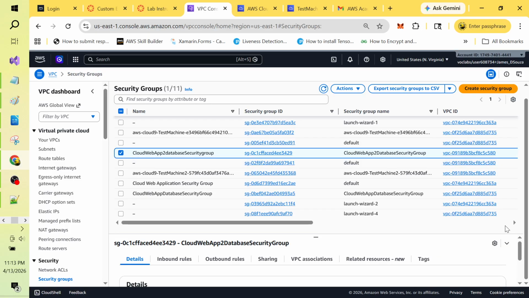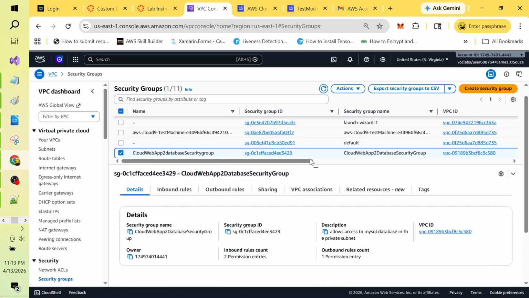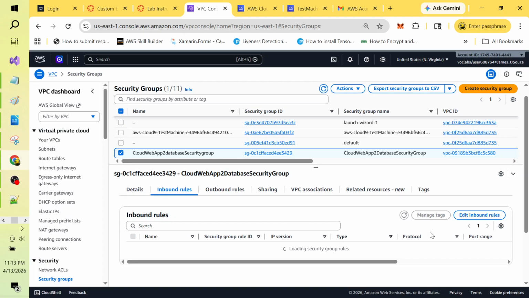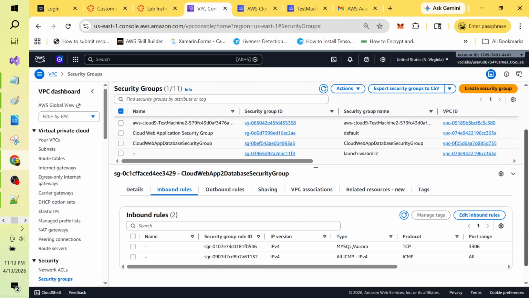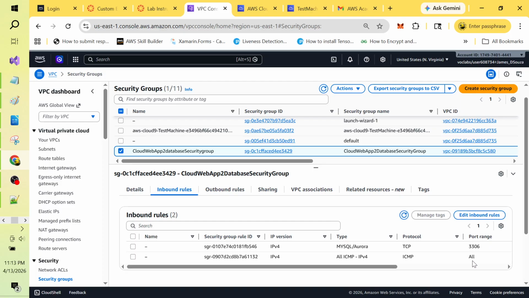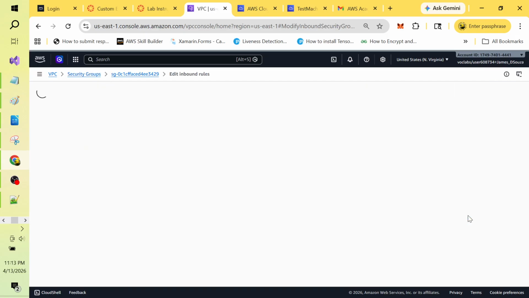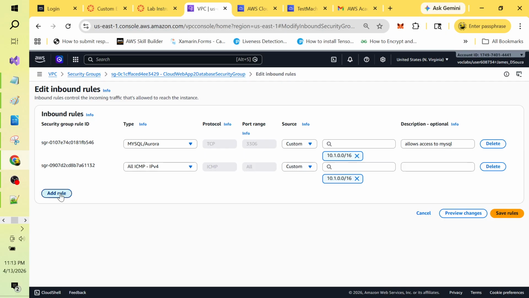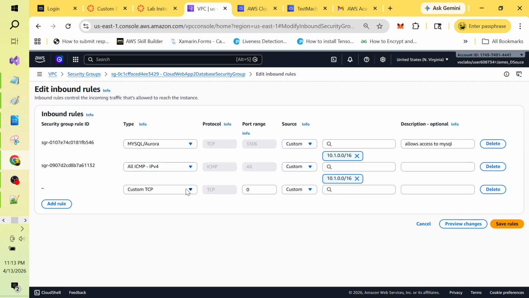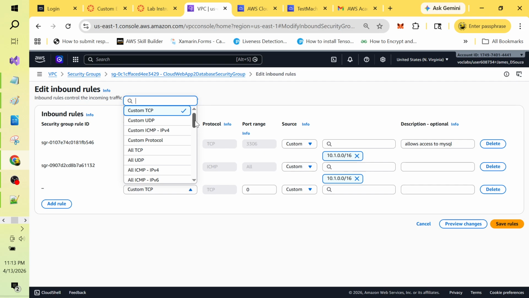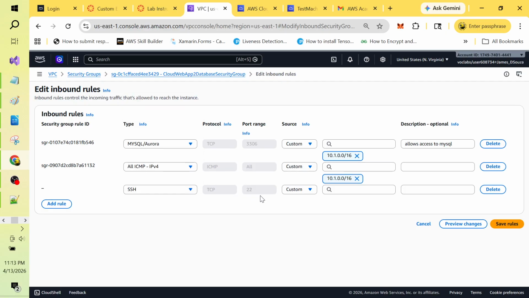So I need to modify the inbound rule. So let me drag this up and go into inbound rules. So I already have a few inbound rules for 3306, and here you see the 3306, and for ICMP. So now I'm going to edit inbound rules. I'm going to add a rule, and this time I'm going to say I want access for SSH. SSH over here. Yeah. So it will open up port number 22,